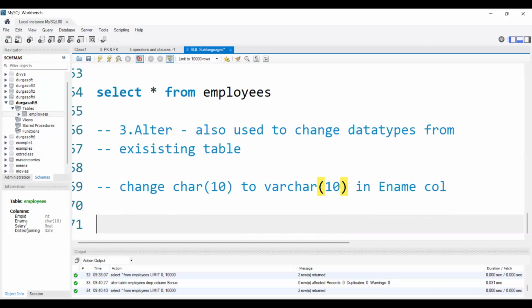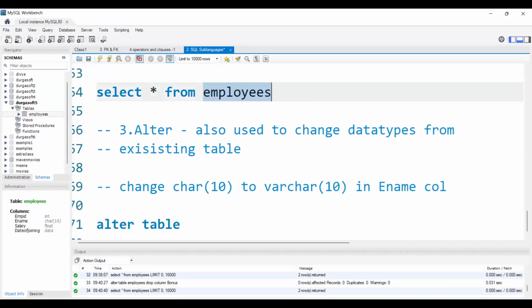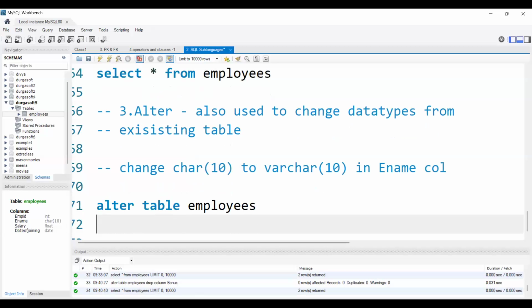Before that, let me give you the syntax, or else I will directly use the example so you can understand. So we will use alter table name. Here employees will be our table name. So definitely we need to use alter table name.